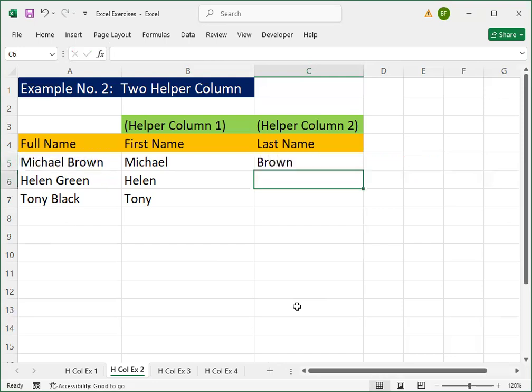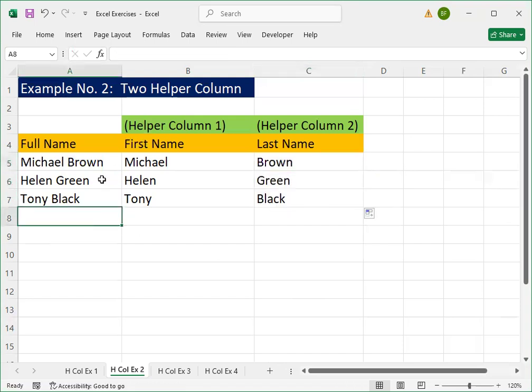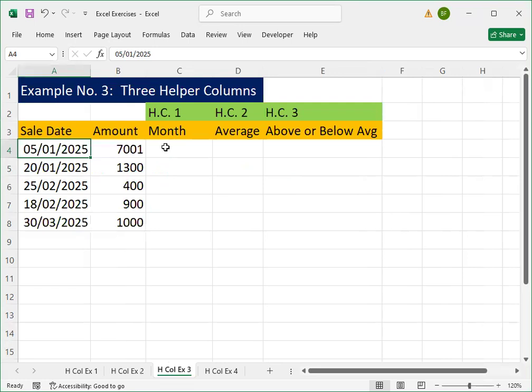Right, enter. Okay, so there you have it. In this example, I was using two helper columns, one for the first name extraction from the full name, and helper column number 2 for the extraction of the last name. The next example I'm going to give you uses three helper